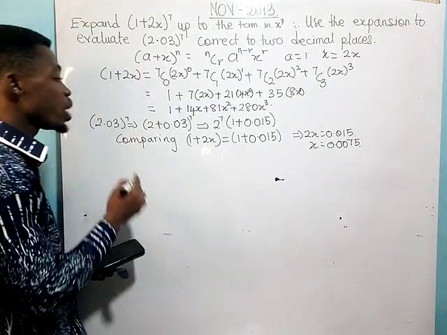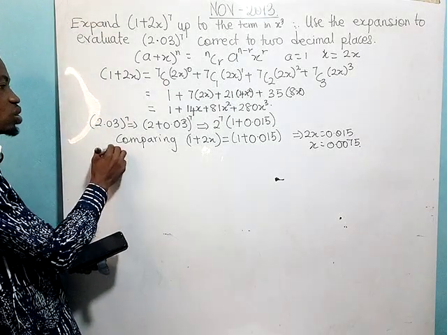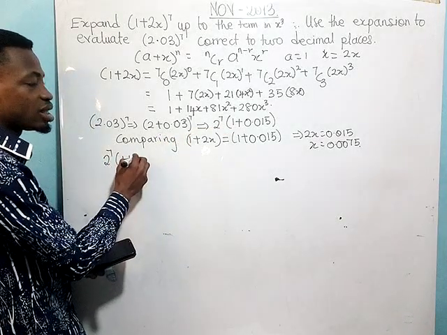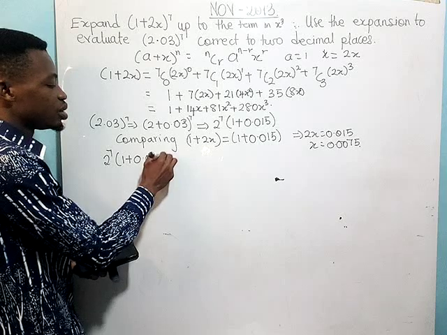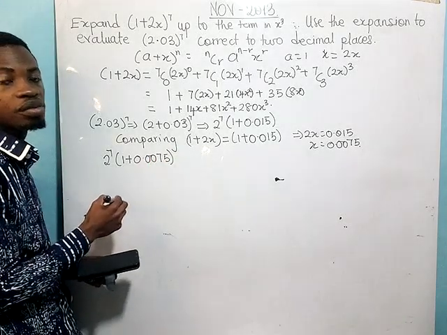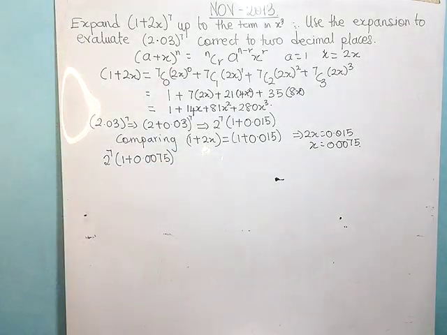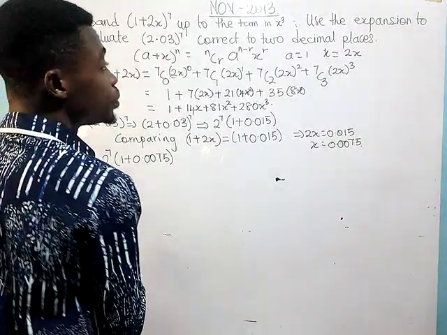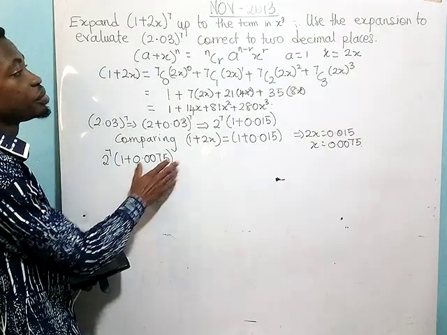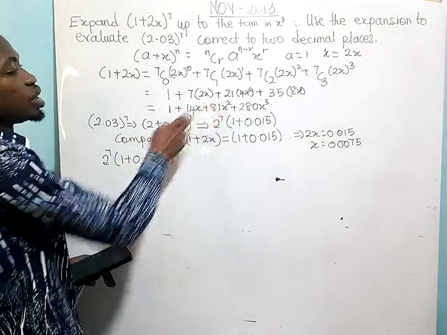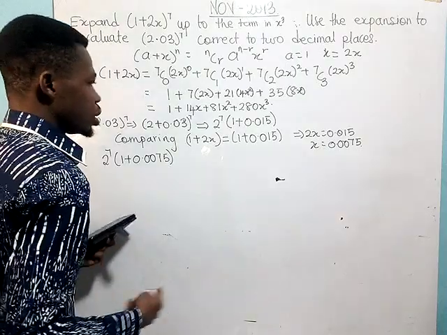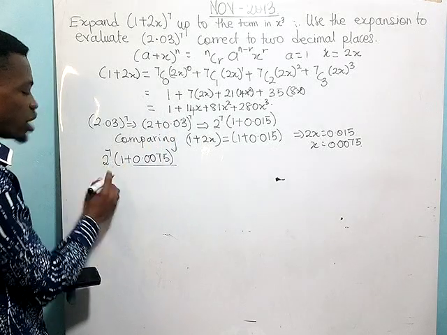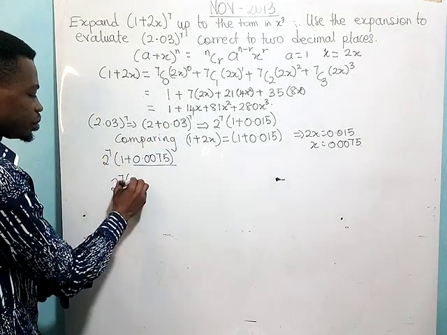So now we are going to work with our 2 to the power 7 out, 1 plus our x, which is now 0.0075. Okay, so now we are going to substitute what we have here into the first part of the question. Since we know that x is 0.0075, now we can have this 2 to the power 7, 1 plus